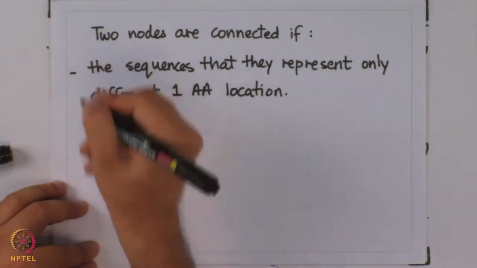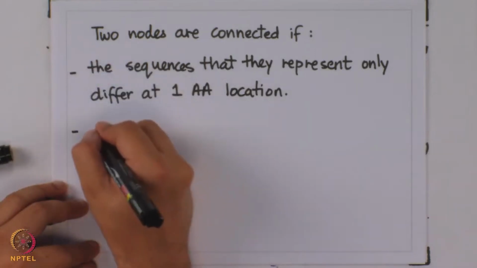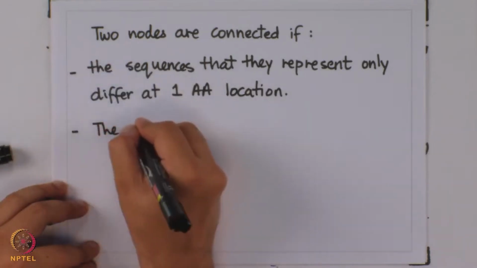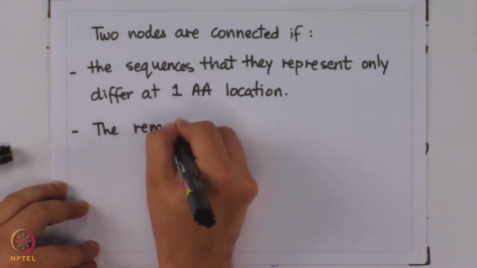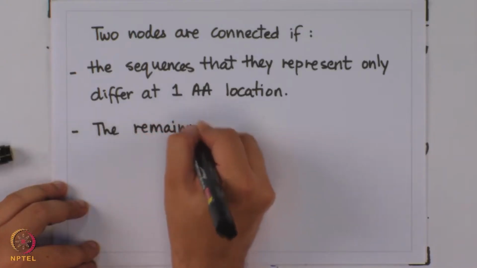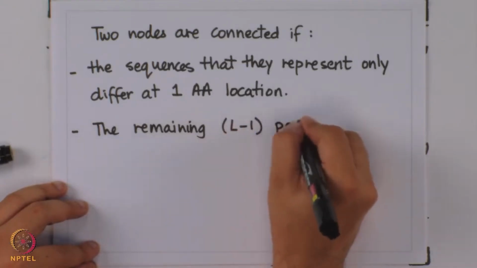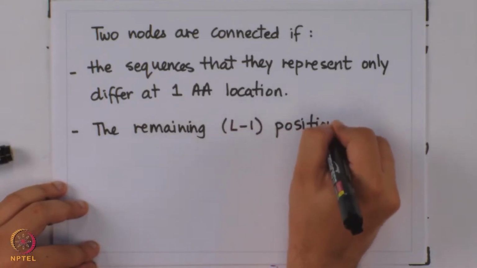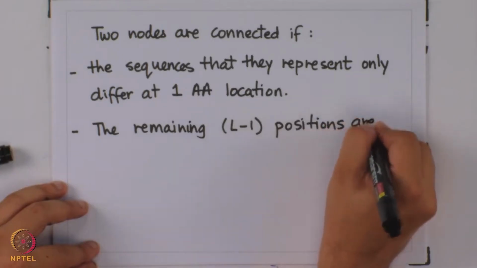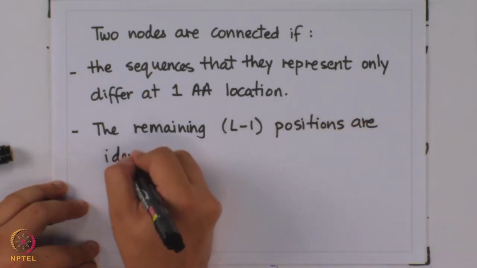If the length of this polypeptide chain is L, then the remaining L minus 1 positions are identical